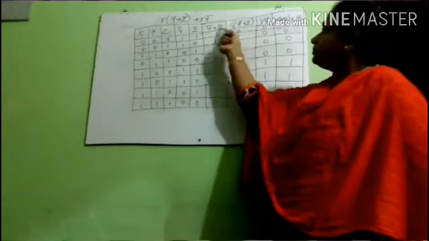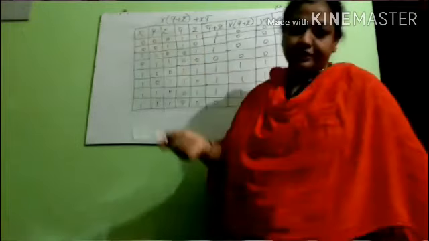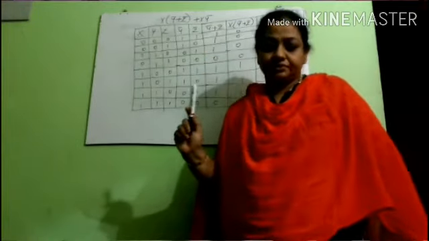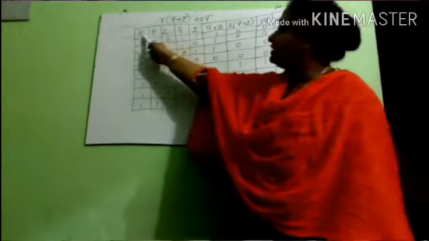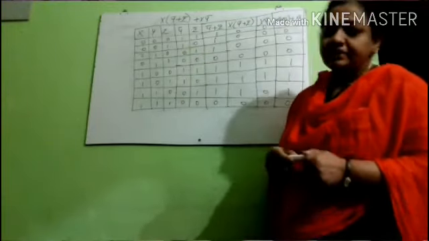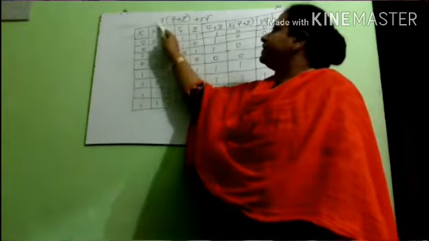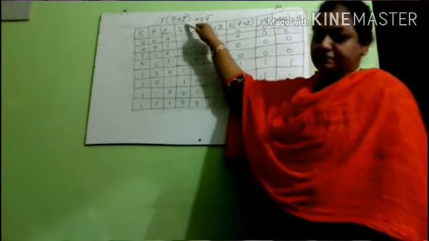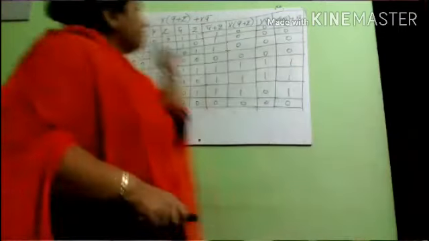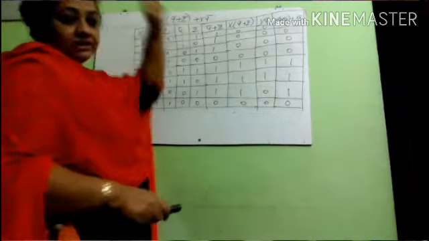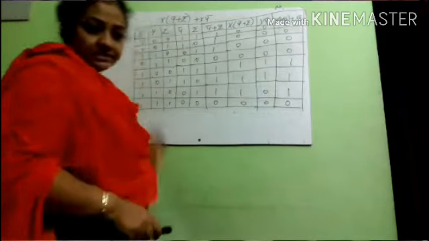So here you can say x is ANDed with the bracket, which means you need to AND. Even if there is no dot, we need to perform the AND operation. So first we have to OR y bar and z bar, then we have to AND it with x. Then we have x and y bar, both of which we have to AND. Then the column that we get after x ANDed with y bar plus z bar should be ORed with x y bar.